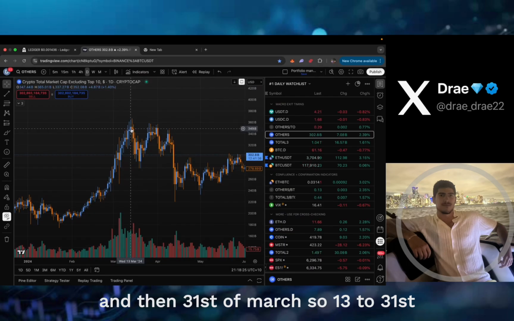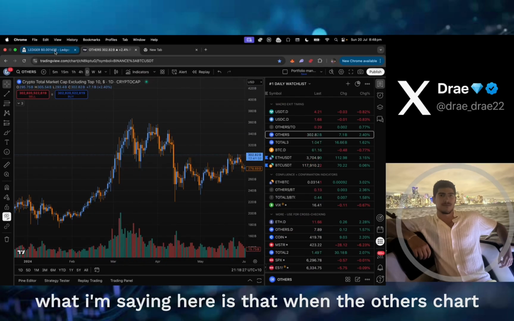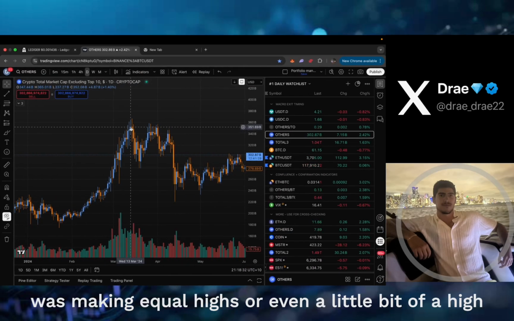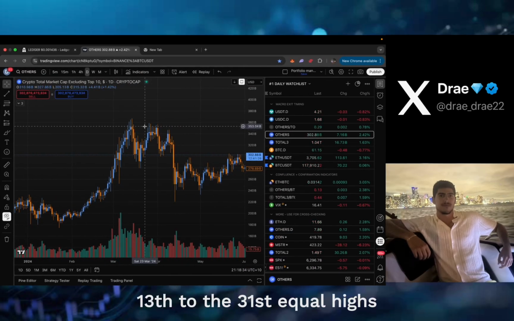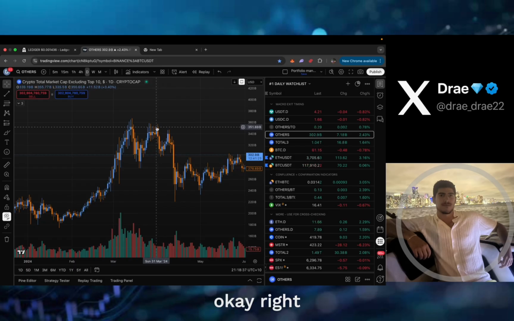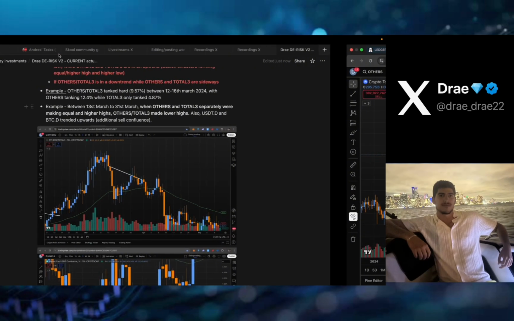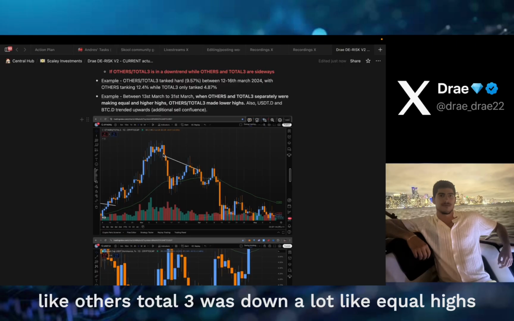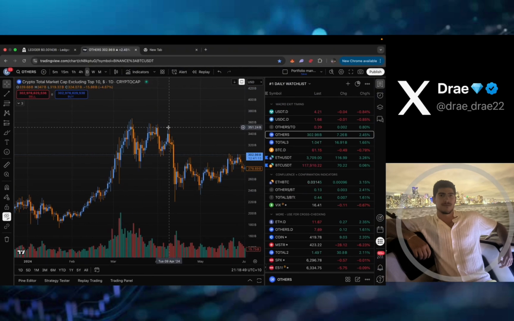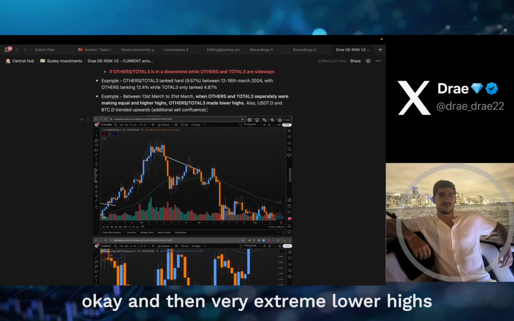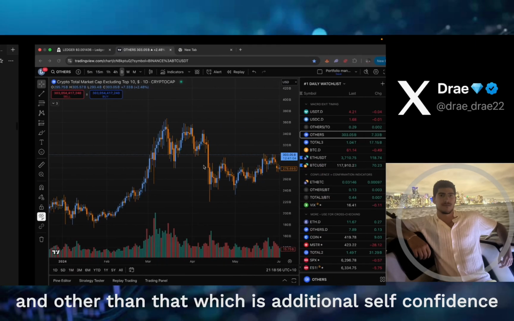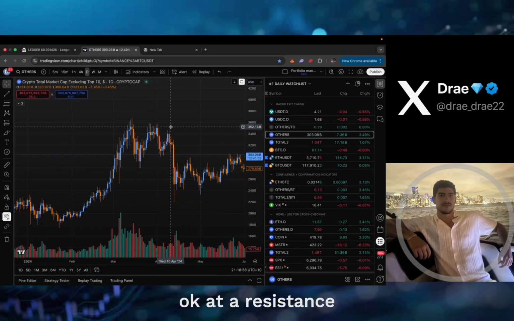So 13th to 31st. What I'm saying here is that when the Others chart was making equal highs, or even a little bit of a higher high, 13th to the 31st, equal highs, basically. Meanwhile, Others Total 3 was down a lot. Equal highs, and then very extreme lower highs. And other than that, there's additional sell confluence, which is that while this was at a resistance,